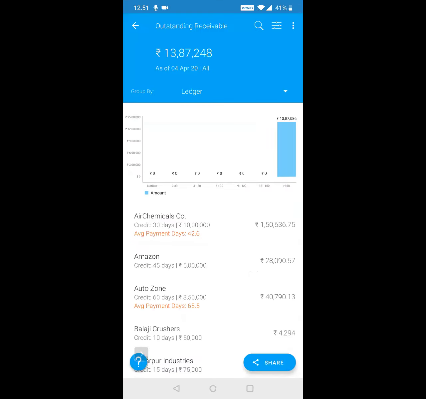So this is the new feature that is live, and think of it, the first 2 things that every business owner is going to work on after the lockdown is over: get back on increasing the sales and do the payment collection. So this will be the best feature to save your time. Every day in the morning, you can decide which customers you want to send reminders to, all or a selected few, and you can send reminders to all of them in a single click.